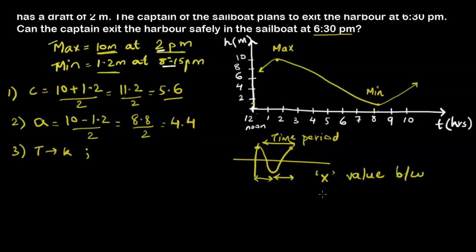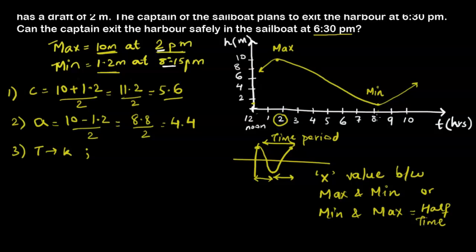So the x value between a max and min, or min and max, is equal to half the time period. Here the max value occurs at 2 p.m. and the min value occurs at 8:15 p.m. How many hours have passed between 2 p.m. and 8:15 p.m.? It is